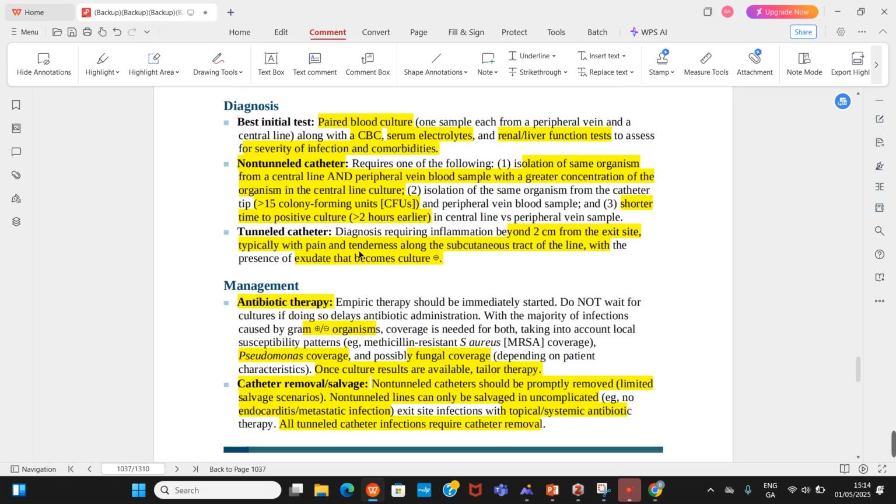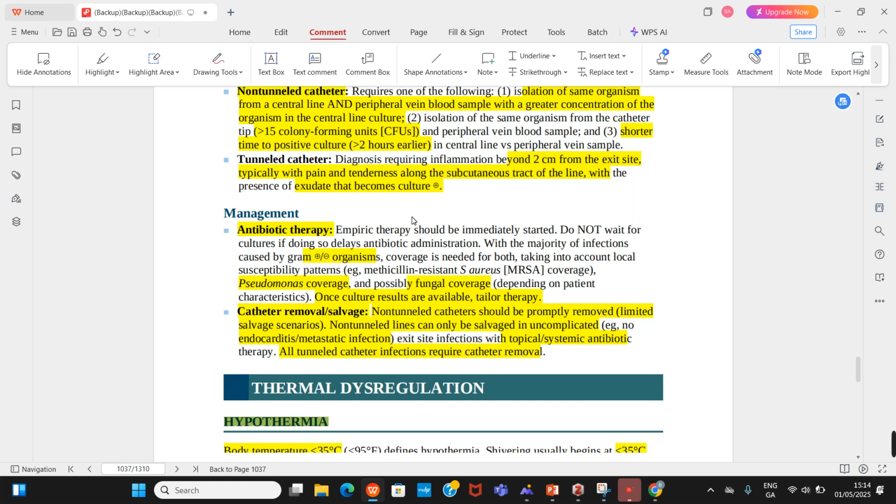So for the tunneled one, just like I've said, there's going to be pain, tenderness along the subcutaneous tract, and you're going to see exudate from that area. And of course, all these tests are going to be positive there. So how do you treat? The basic thing you want to do is, once you have obtained your sample for your culture, and your blood specimen for your CBC, ESR, and all those things,